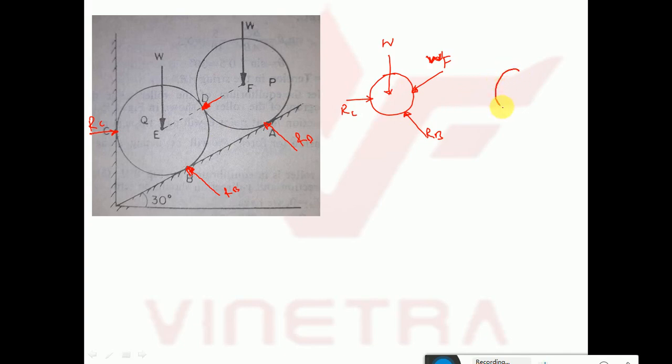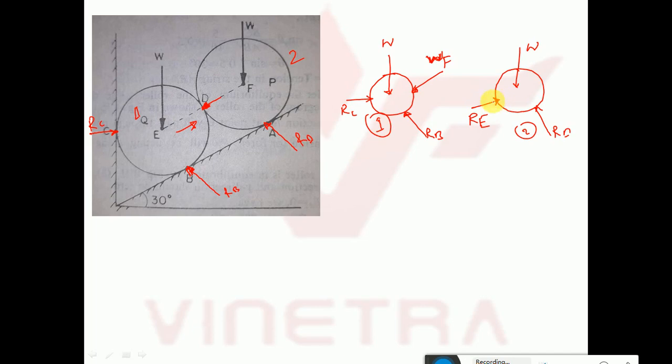Now I want to draw the free body diagram of the second ball. That is here RA, and the self weight is acting in the downward direction. So see here what it is doing: this ball is holding, this ball is not moving in this direction, which means some reaction is developed in this direction. So I can show it in this direction, that is RE. You can write it as RE. You can give any notation. So this is the free body diagram of the second ball, and this is the free body diagram of the first ball.